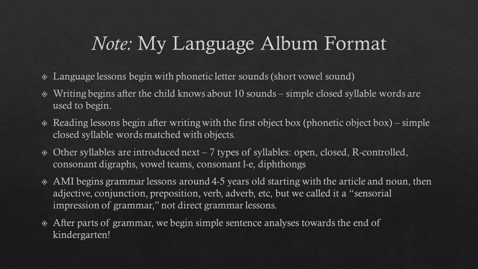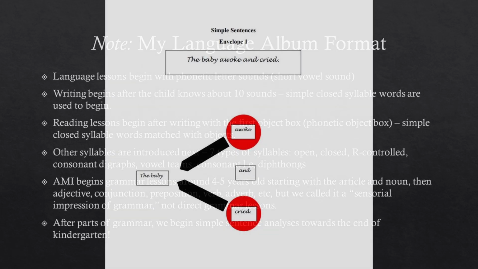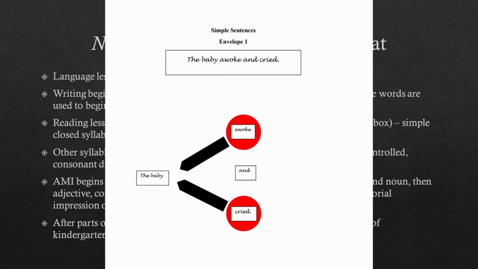The thing is, when you introduce these lessons before the age of 6, and you go through all those indirect preparations for these lessons, and remember, we're not just jumping into this. We've had a lot of indirect preparations to go into this. So when we introduce this, the child is absorbing it. They're not learning it, they're just absorbing it. And it's so much easier than having to go and teach it later on in life. And once we move through this part of grammar in the primary environment, we actually can offer lessons on simple sentence analysis. And I've done this before my students move into first grade as well.